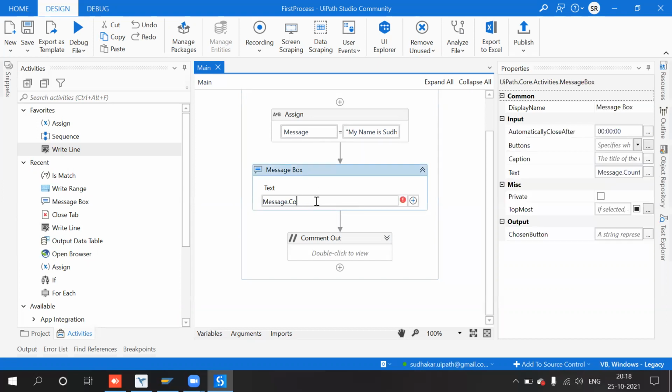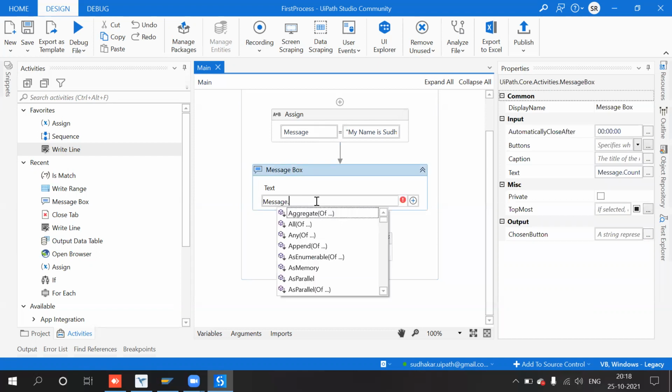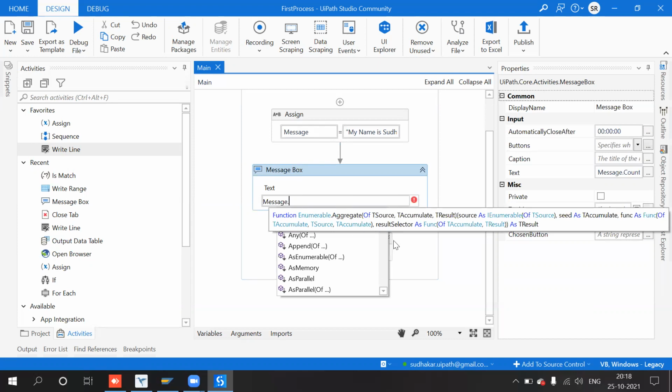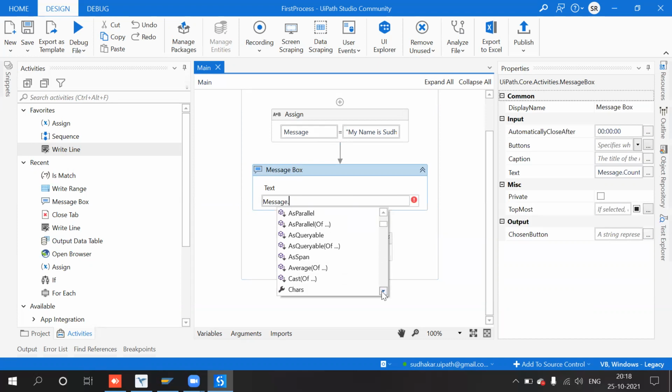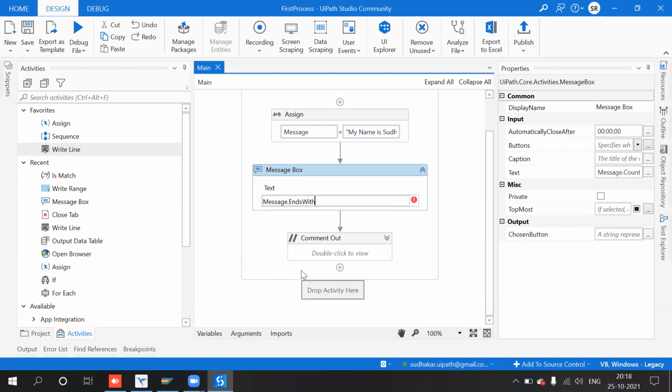Okay, and then message, it's a string, right? What are all the functions that are there? See, these are all the functions. Dot clone, okay, copy to, if you want to copy, okay, and ends with. For example, you want to check whether a string ends with